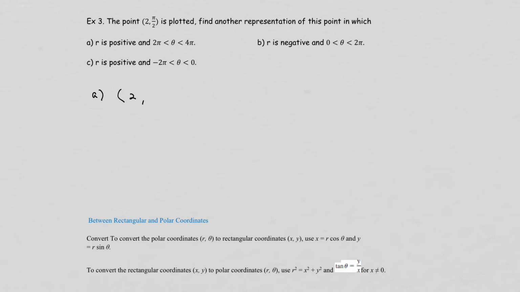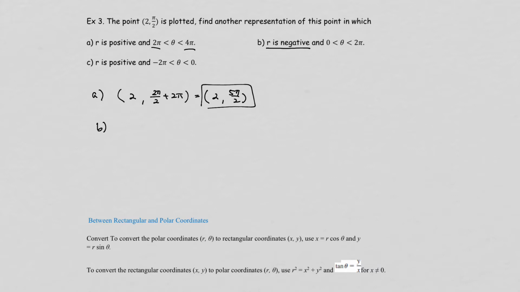And r is positive, so it means the angle is positive. So you will do 2 pi over 2 plus 2 pi, because they want it to be between 2 pi and 4 pi. Then you will get 2 and 5 pi over 2. And B,